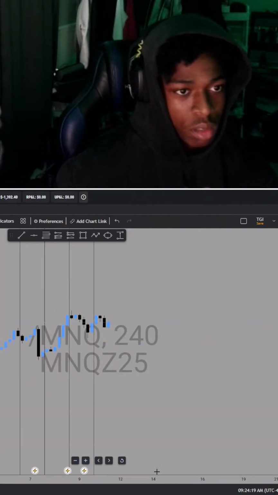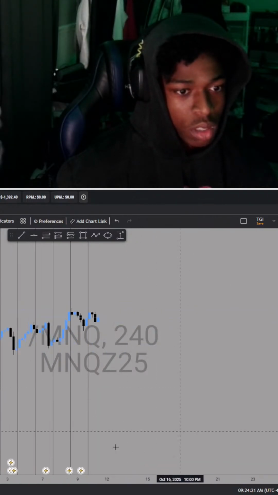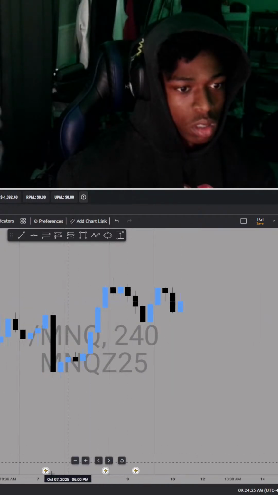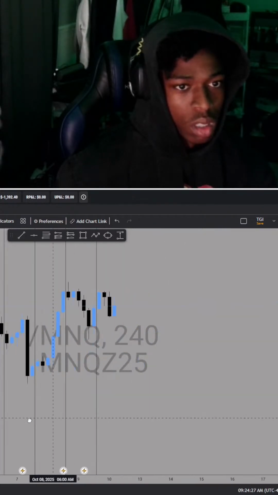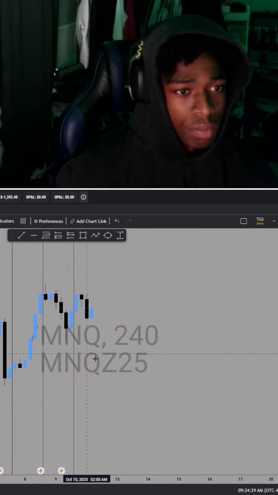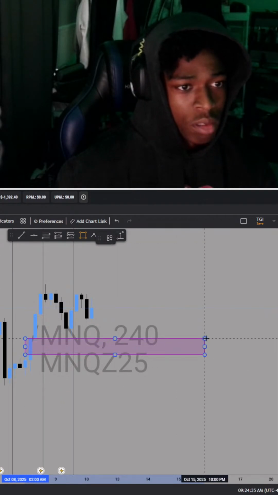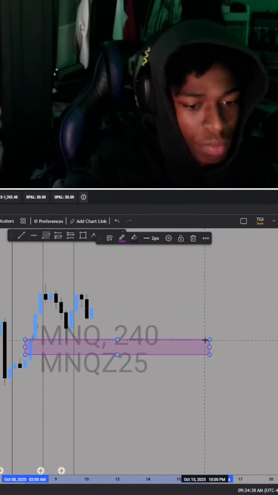Looking at the 4-hour time frame, we need to shrink this down a little bit. Get this right. Hold on. Looking at the 4-hour, we do got some gaps that we could possibly play off, but this is if price would open up bearish. I would have to see how price opens up.